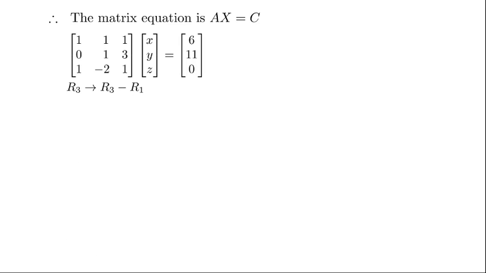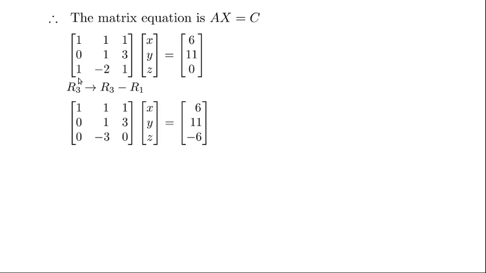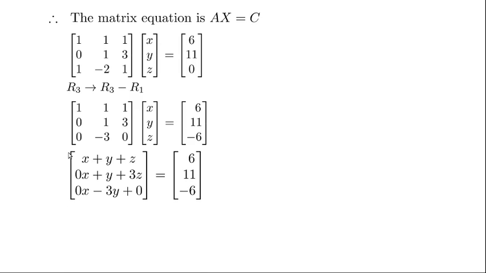Now R3 changes to R3 minus R1. So R3 minus R1, this can be made 0 easily. And that has become 0. So R3 minus R1: minus 2 minus 1 gives you minus 3, and once again 1 minus 1 gives you 0. And in the right hand side, R3 changes to R3 minus R1, 0 minus 6 equal to minus 6. So in this case what we have done is, we got 2 zeros in a row and